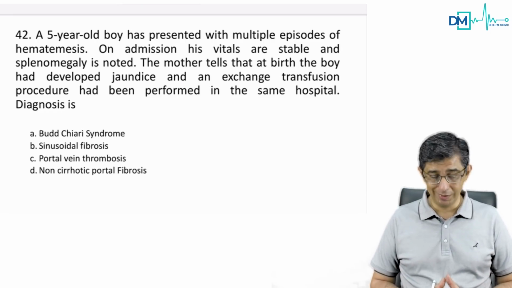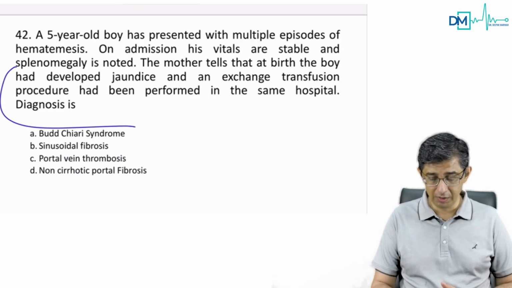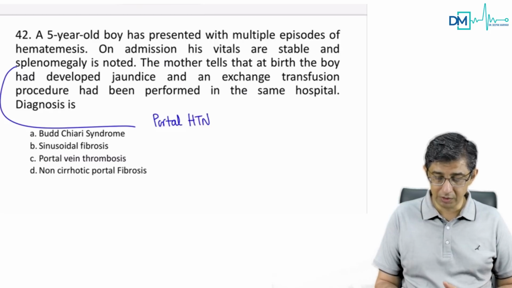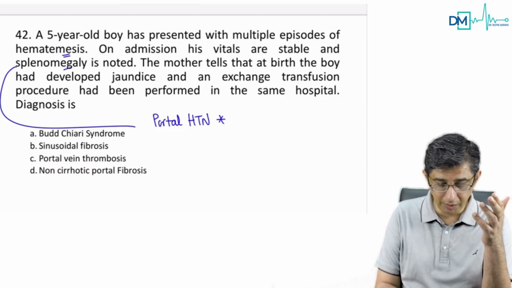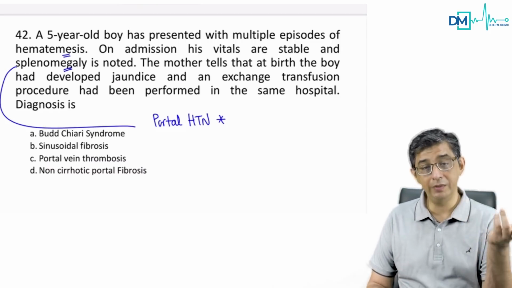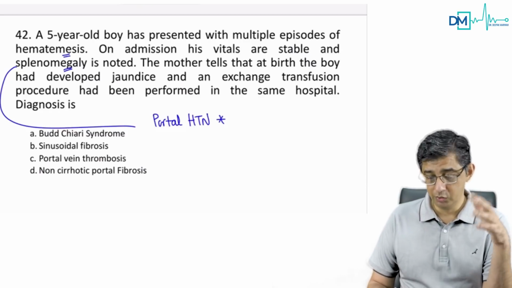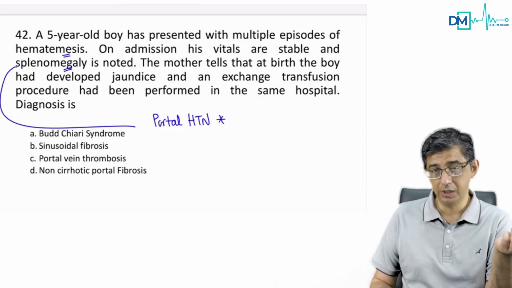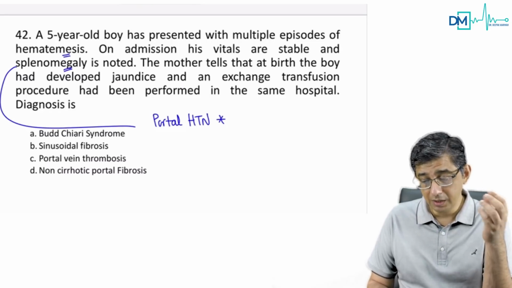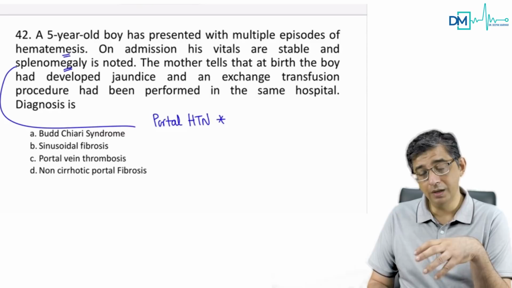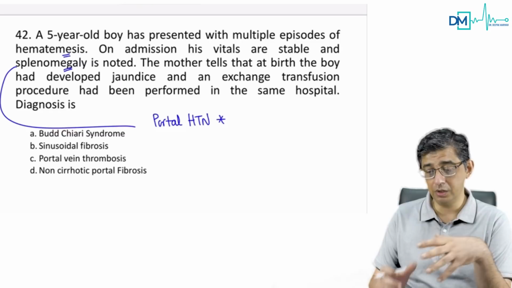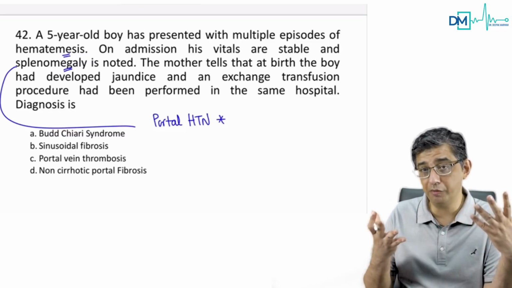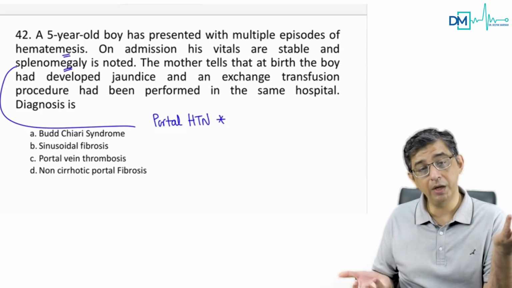Splenomegaly is noticed. So this tells you that this person is definitely having a feature in the range of portal hypertension. Why I'm saying portal hypertension is because in a question which is talking about vomiting of blood and splenomegaly, the link is portal hypertension, because only then the esophageal veins will get congested. Normal portal vein pressure is 5 to 10 millimeters. Why will it increase if there is portal hypertension? Only then can the manifestations of vomiting of blood occur, because there would be portosystemic collaterals and the esophageal veins will also become congested and they'll pop off, and boom, they burst and the person starts vomiting blood.